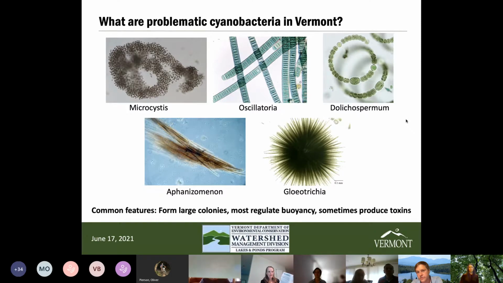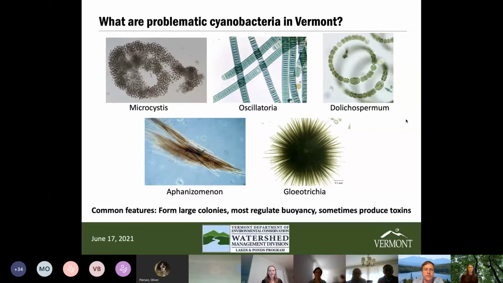So what do these problematic cyanobacteria in Vermont look like? Under a microscope, this is what five of the more common, potentially dangerous cyanobacteria look like. And you can see that there's a variety of shapes. You have things like Microcystis, which is kind of blobby, covered in mucus, and then you have these long filaments of Oscillatoria or Planktothrix. Dolichospermum, I think, is quite pretty. It has this kind of beads on a string morphology. And all these different growth forms correspond to different life strategies and different habitat preferences. So there might be certain lakes more prone to blooms of one species or another.